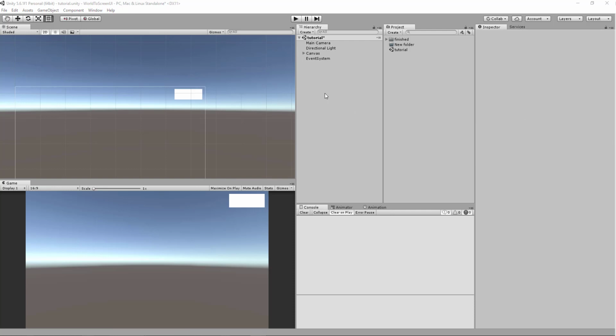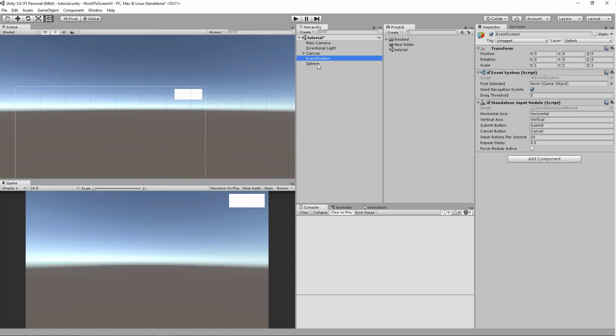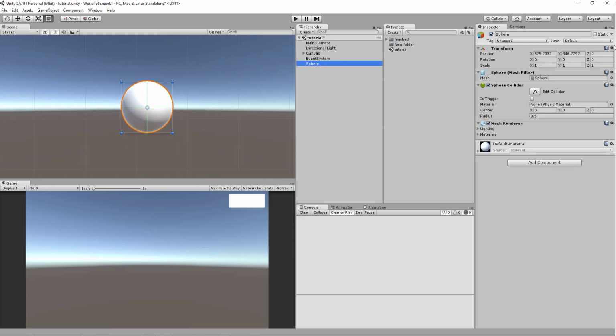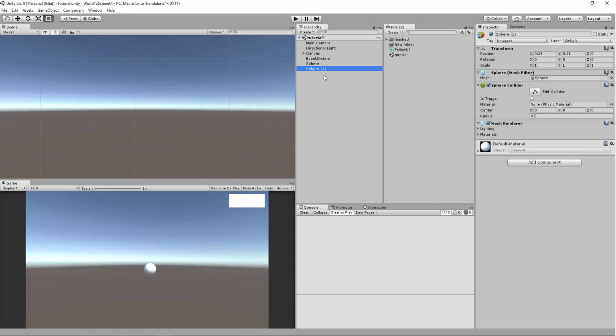Now let's create a 3D sphere. That's the sphere that will follow our UI element. Let's reset its position. Okay, now that we have everything we need on the screen, I'll explain how our algorithm is going to work. First of all, we need to find the ending position for our sphere that is behind the UI element. I'll just duplicate our sphere here and name it target so we can easily visualize